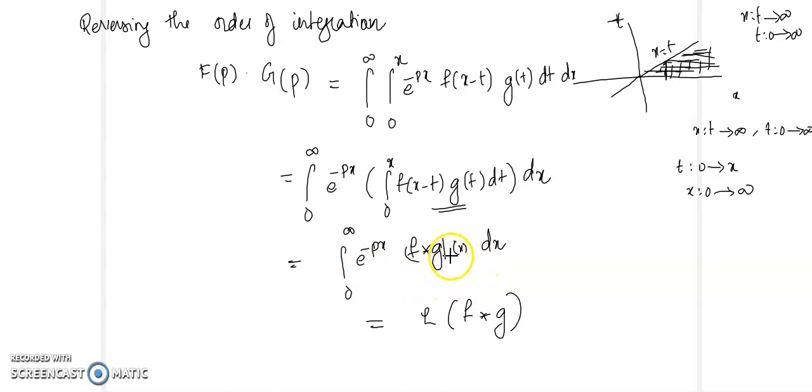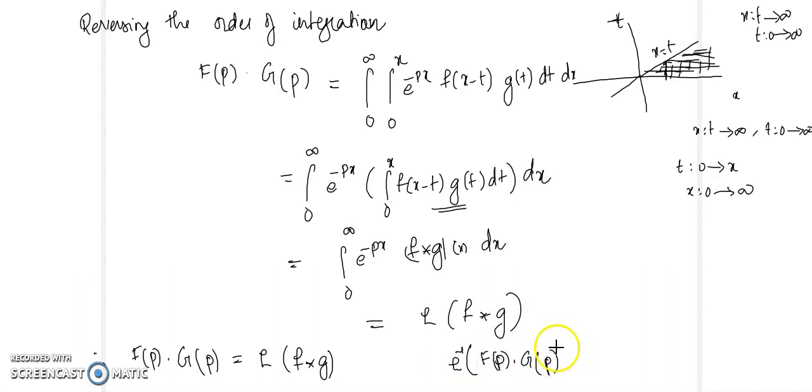So therefore this integral actually denotes the Laplace transform. So this is the Laplace transform of f star g. So therefore we started with F of p into G of p, so that will be equal to the Laplace transform of f star g. So from this result, if you want to find L inverse of F(p) into G(p), that will be equal to f star g. So that will be the integral 0 to x f of x minus t g of t dt. So that is going to be the convolution integral. So let us see